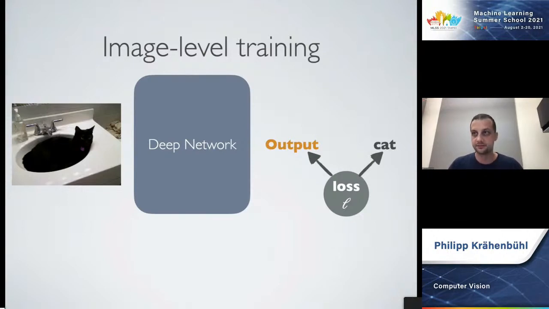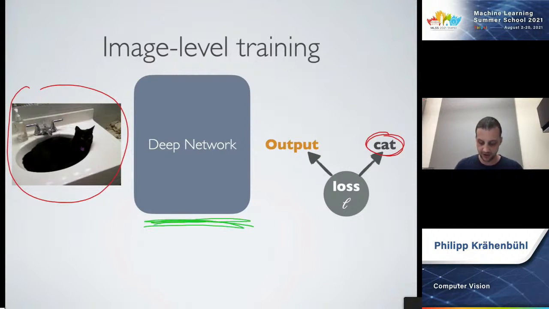All right. So let's get back into the image level tasks. Really, the way we're going to do these tasks is we're going to take a data set of images with corresponding ground truth labels. Then we're going to set up a network. We're going to define a loss function that essentially tells us how different is the output that the network produced from what we expected from our data set.